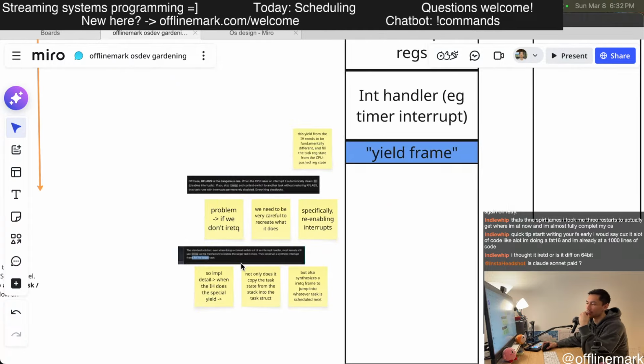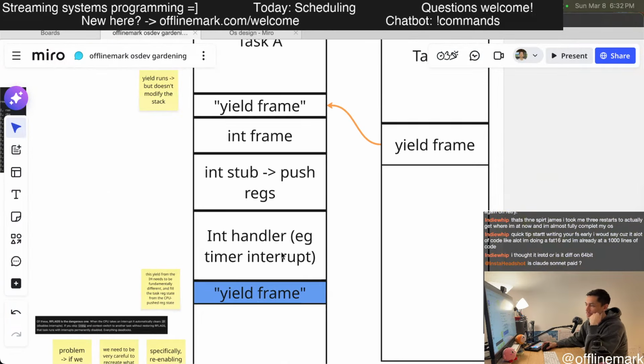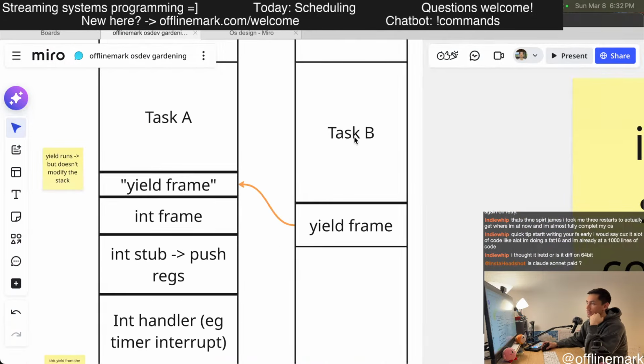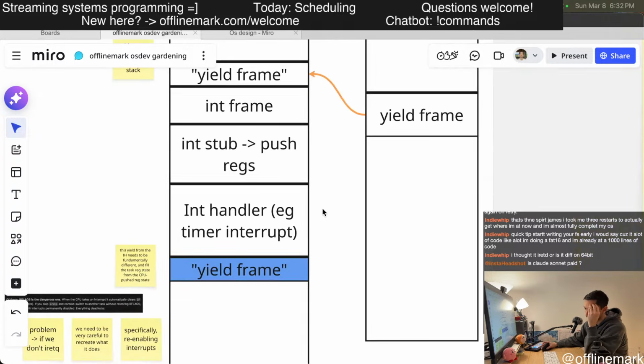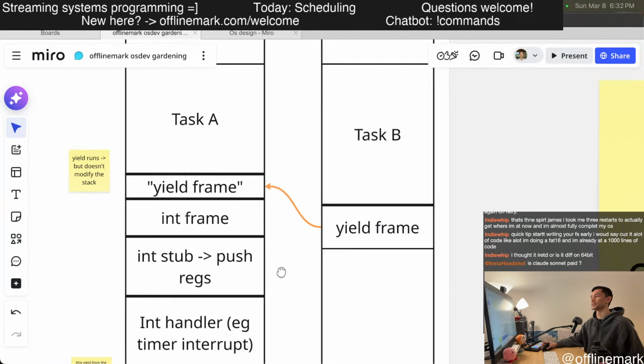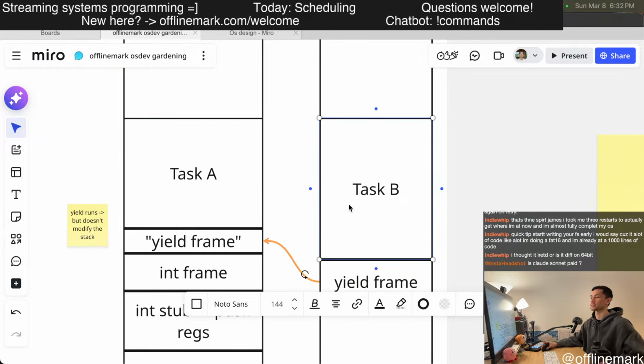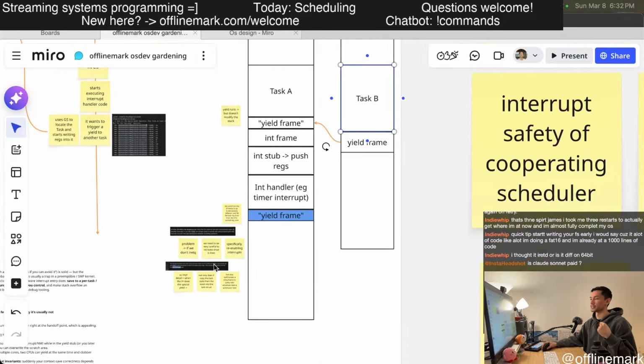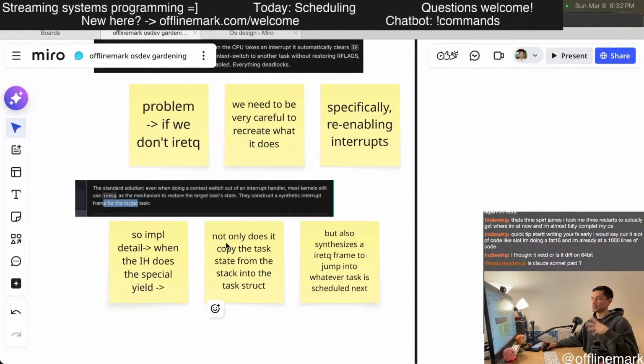So when the interrupt handler wants to jump over into task B, it's not really going to do the typical way these two tasks usually switch. It is going to do a slightly indirect way of doing that, where it actually uses an iretq to jump back there